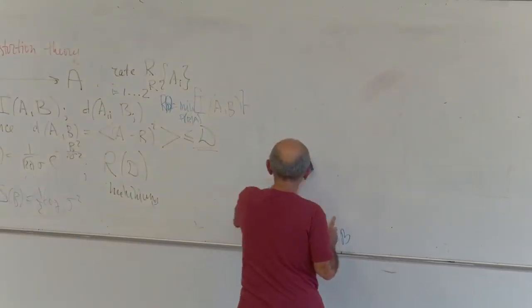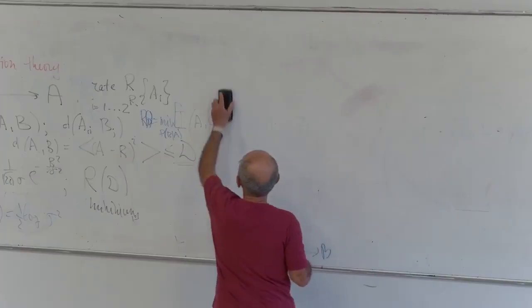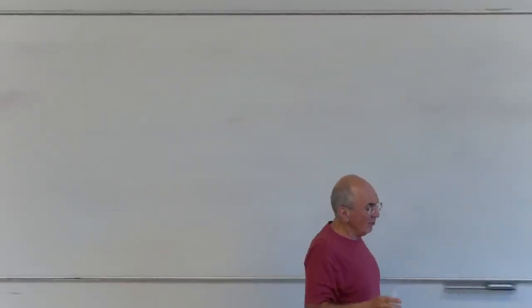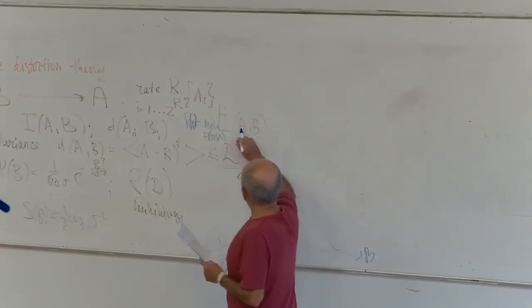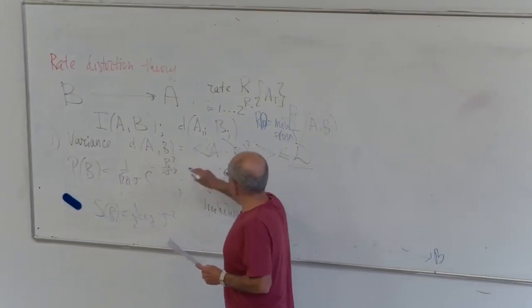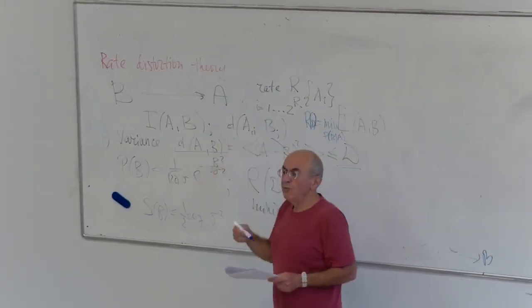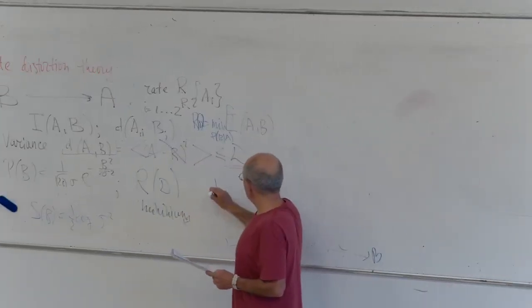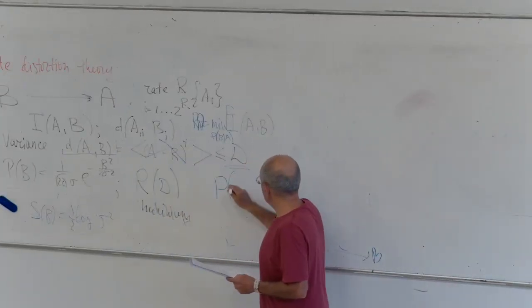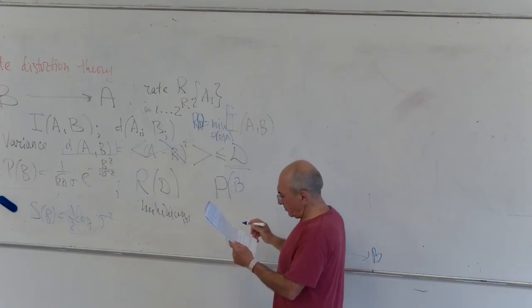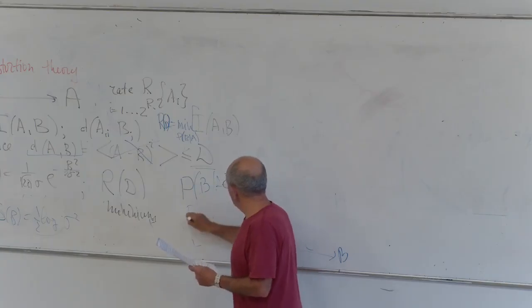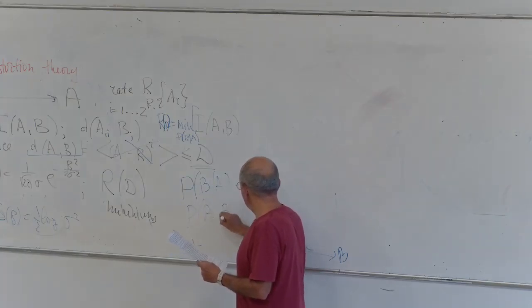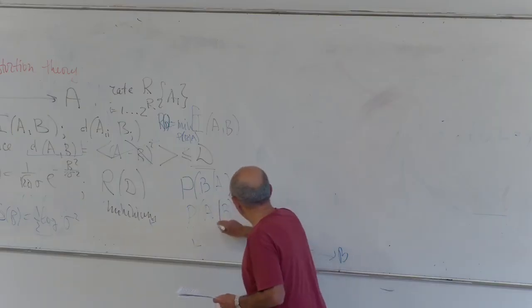So I will be looking for the minimum of I(A;B) under a given mean value of D, but my function D of A and B will be an arbitrary function. Okay? So I'm looking for this, and this is now not this, but just a given function. Can you immediately tell me what I should choose for the probability of B under a given A, or for the probability of A under a given B?